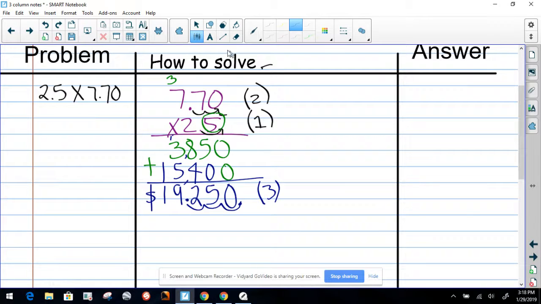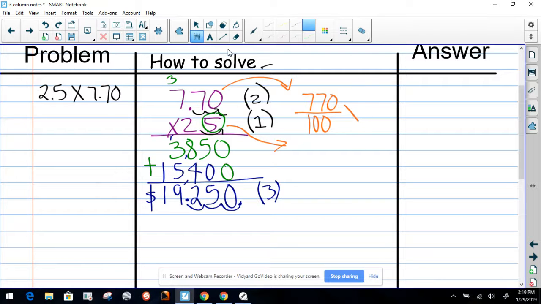We can also solve this problem with fractions, and let me show you how. So we're going to write now each number as a fraction. So 770 will be 770 hundredths. So that will be this number here. And the 2.5 will be